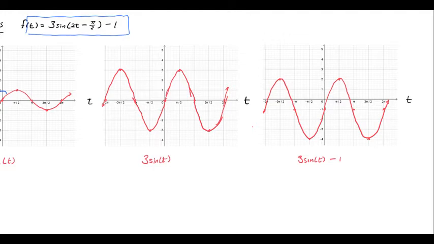Now what about all this business going on inside of the argument of the sine function? Okay, I'm just going to copy this over, so I have this over here and can look at it. f of t equals 3 sine of 2t minus pi over 2, minus 1. All right, so moving on over,